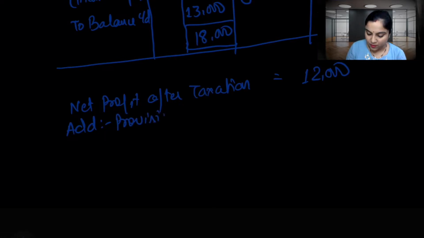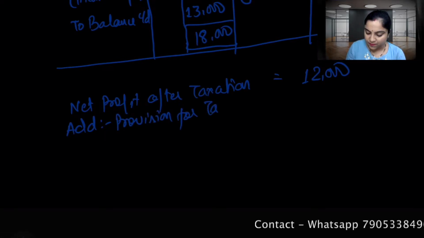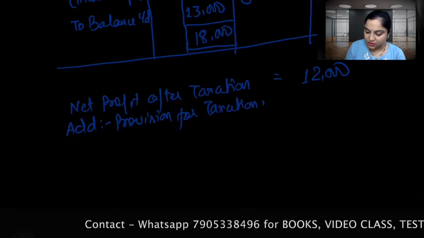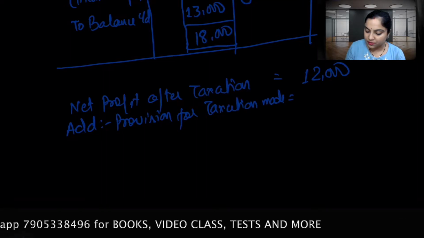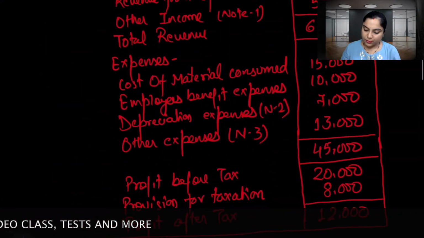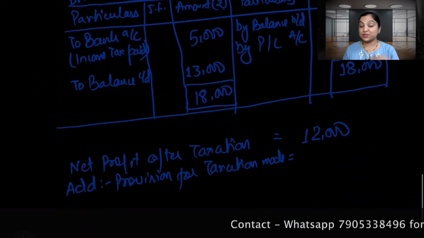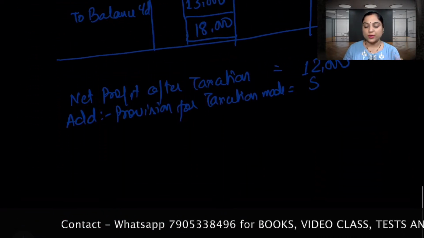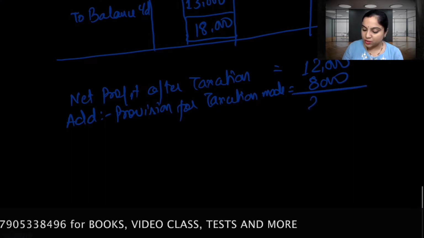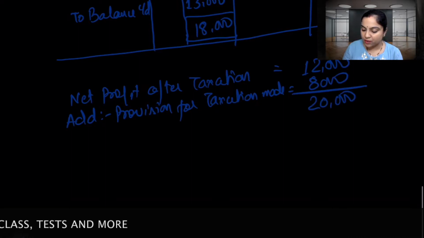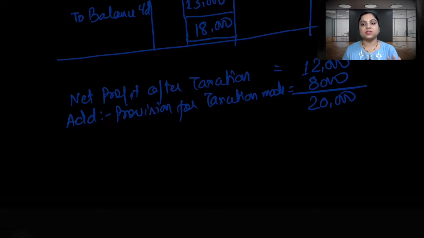Okay, so provision for taxation made. Let me check the amount quickly. This was rupees 8,000. Then we get the profit before taxation. But it's not the profit before taxation because it's not going to impact the cash flows. So that's why we are adding it back. So we have 20,000. This is the amount we have in our hand because we are going to find out